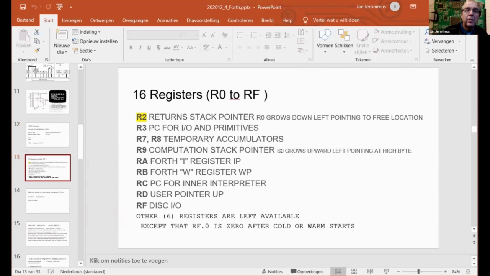In the FORTH implementation, the registers were already assigned to things, but the video graphic routine used them too. One of the registers, register 2, is the return stack pointer in FORTH, but it was also used extensively in the graphic routine. So I needed to manually change all the code, and at that time I could not use a computer to do that. I had to do it all in hexadecimal, write things out, print things out, and also change other registers